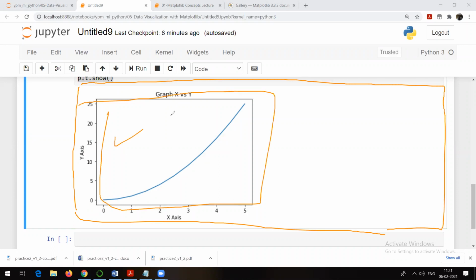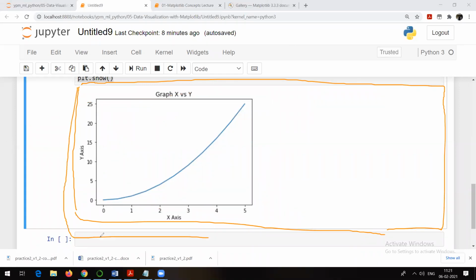Now here you are able to see that in this canvas, I have only one graph, right? This one. But what if I want 16, 32, or 2, or 4, or 8, something like that? Yes, that's possible. So how is it possible? Let me show you. See, this particular area, I can divide into a number of rows and a number of columns. Suppose I want two graphs, so I could have done it like this. First graph here and then second graph. That means I am dividing it into one row and two columns. See, this is the first column, this is the second column.